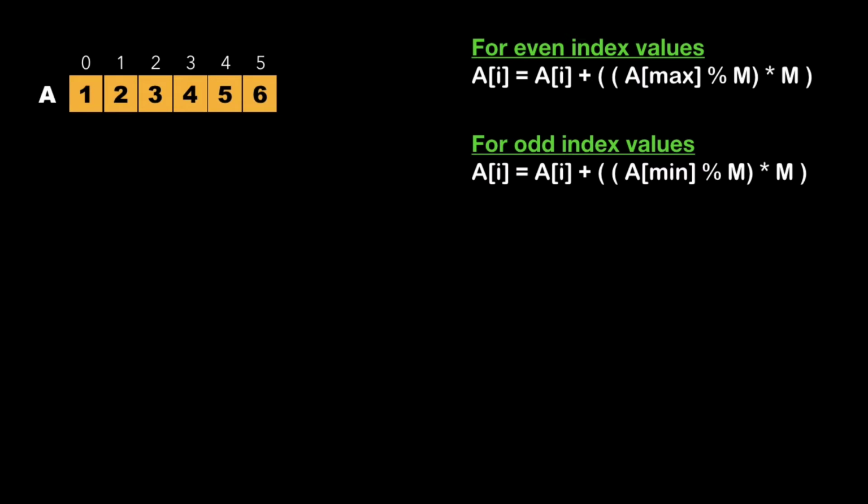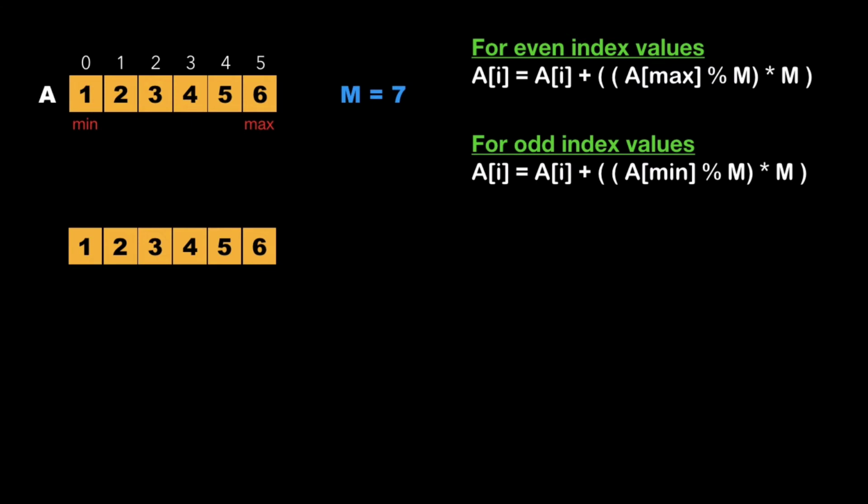Let's consider the same example given in the question where the contents of array are 1, 2, 3, 4, 5, 6. Since this array will be modified in the future, let's keep a reference of this array. We declare two variables called min and max, which points to the beginning and ending of the array. We also declare another variable m, which was similar to the n variable in the previous slide, whose value will be greater than the greatest element of the array. Since the greatest element of the array is 6, let's consider the value of m as 6 plus 1, which will be 7.